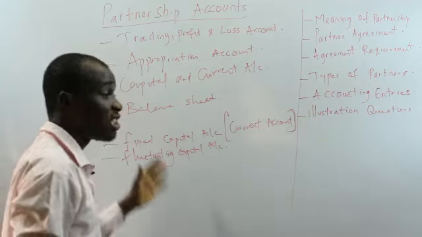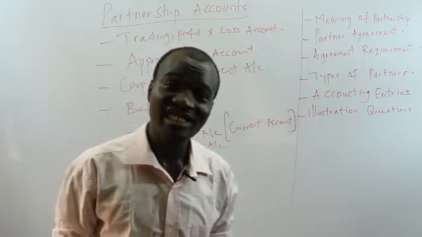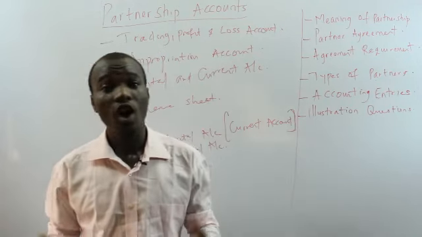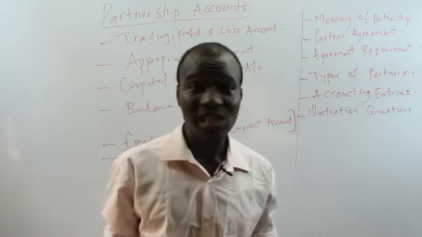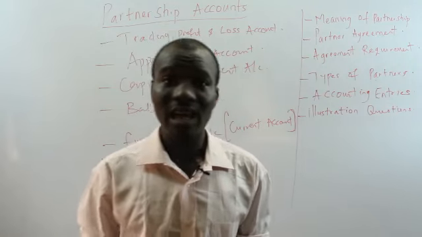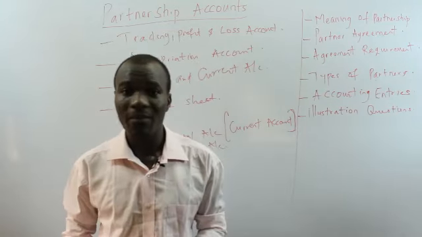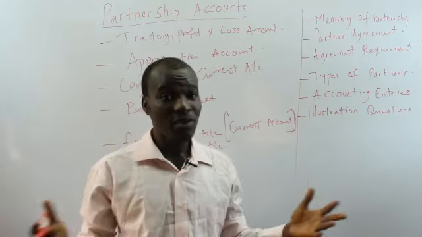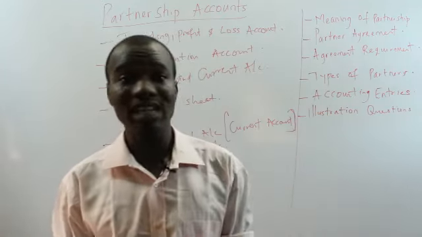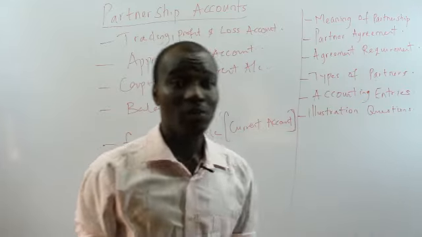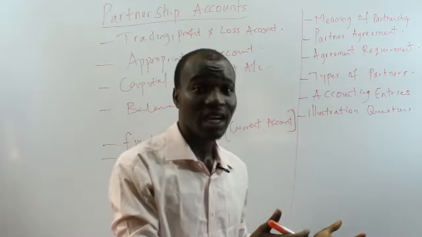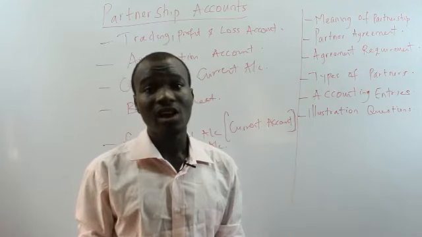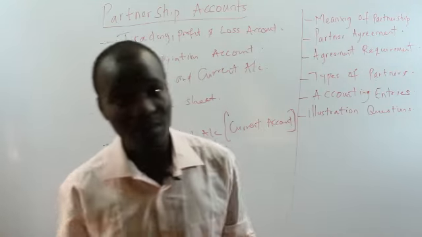Now this is the balance sheet. Generally, the balance sheet is the common term we're talking about, that shows the financial position of the partnership. It shows the amount of capital owned by the partners, the amount of liabilities owed by the partnership, and the amount of assets owned, whether fixed assets or current assets. It also shows the capital account position of the partners and their current accounts if they are maintaining fixed capital, and also shows the liabilities, that is the external claims against the partnership form of business.